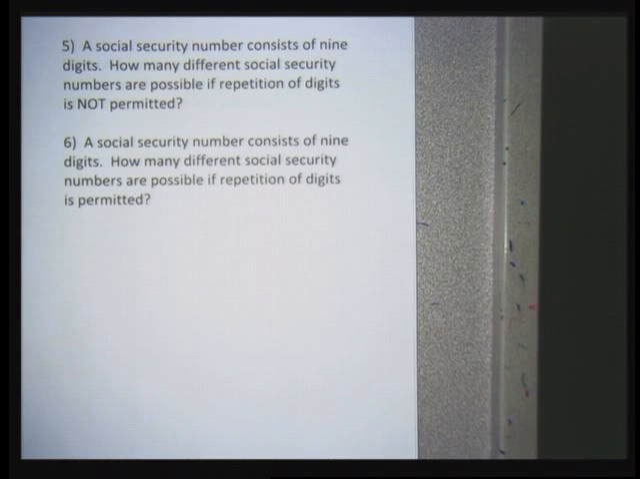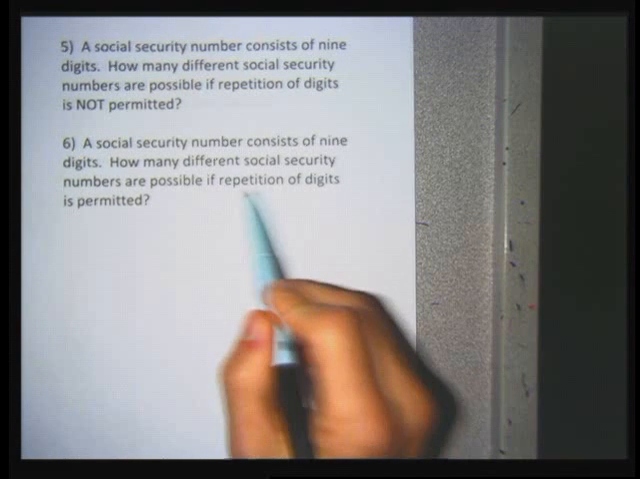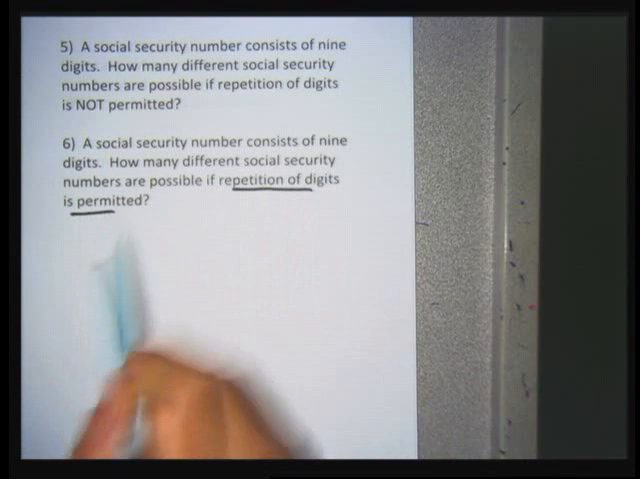So again, our problems are similar. Your number 5, repetition's not permitted, so you're going to decrement down. Mine, repetition is permitted, so I'm not going to decrement down. So Social Security numbers